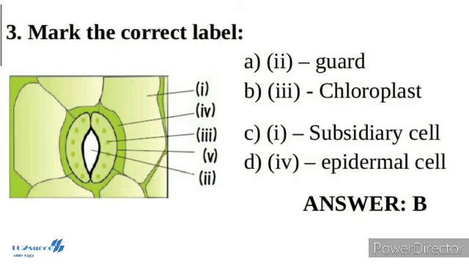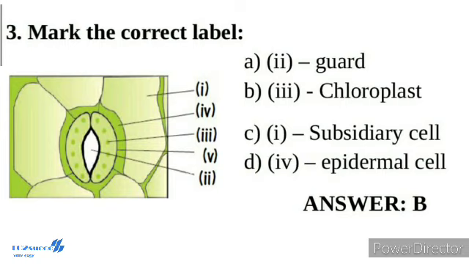The opening of the stoma is also aided by the orientation of the microfibrils in the cell wall of the guard cell. Cellulose microfibrils are oriented radially rather than longitudinally, making it easier for the stoma to open. When the guard cell loses turgor due to water loss, the elastic inner wall regains the original shape. The guard cell becomes flaccid and the stomata closes. So the correct answer is option B.